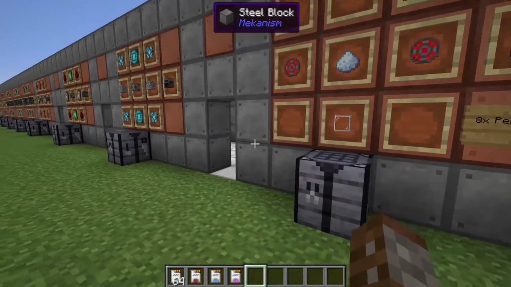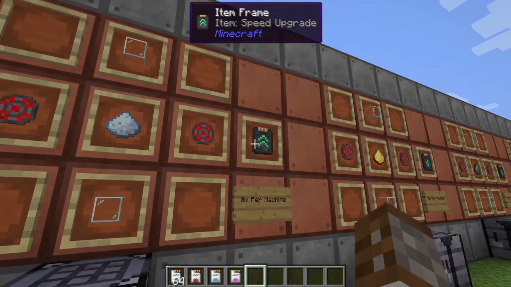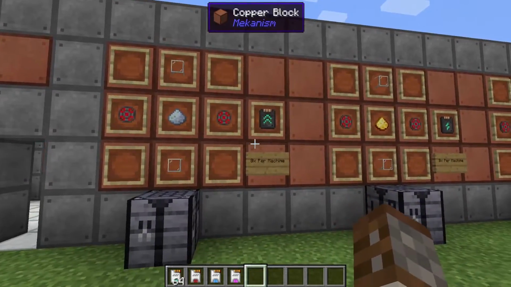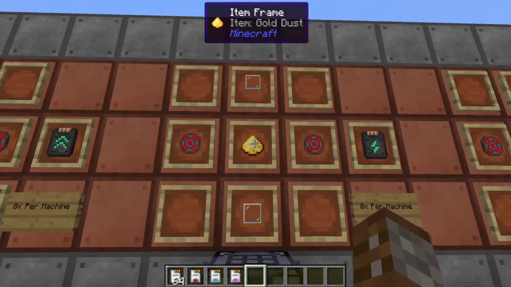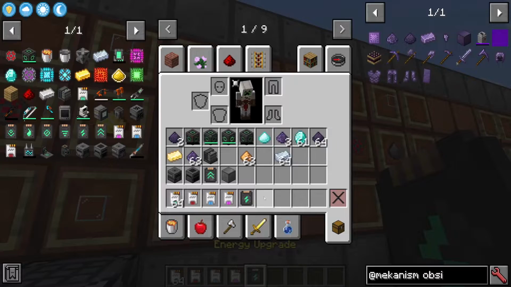Now with so many speed upgrades, you're going to be drawing so much power, especially if you are using something like that ultimate crusher or ultimate machine. Now I had a creative cube right next to it, so obviously it was going to keep up with the power. But in order to keep a buffer of power, you can actually add an energy upgrade. You can get 8 of these per machine as well. This is going to require some gold dust, 2 glass and 2 infused alloy,